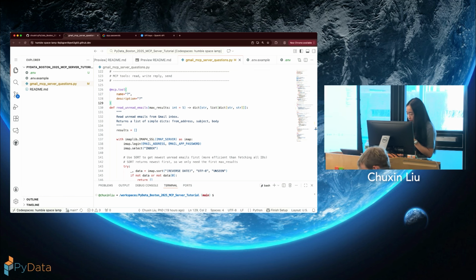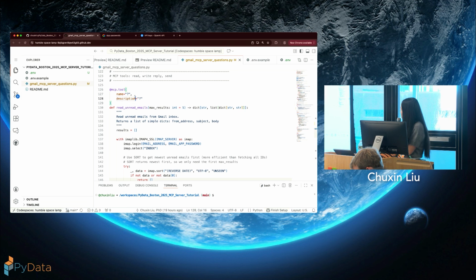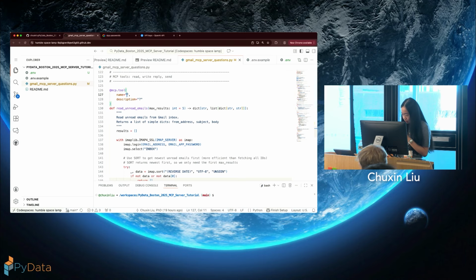So for simplicity, we'll just do the same. So the name should be read unread email. And description, let's just say read unread emails from Gmail inbox, return a list of the following things.